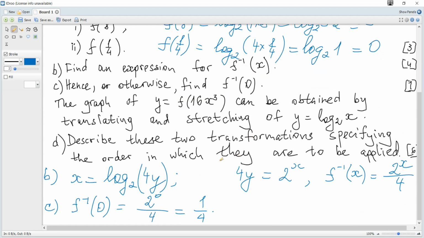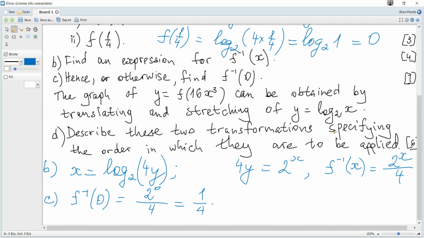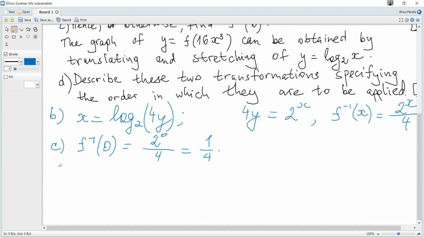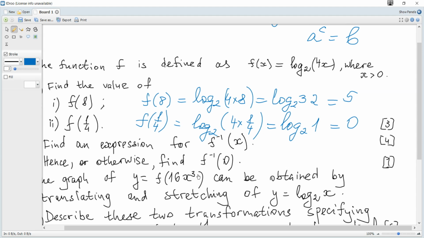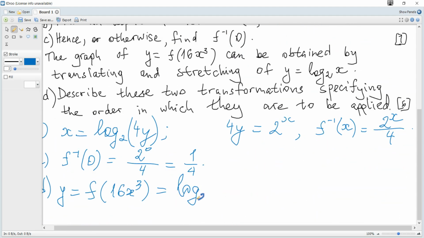And next, the graph of y is f of 16x cubed can be obtained by translating and stretching y is log to the base 2 of x. And question D, describe these two transformations, specifying the order in which they are to be applied. So we should consider f of 16x cubed, and substituting 16x cubed for x into f, we get that it becomes log to the base 2 of 4 times 16x cubed, which is log to the base 2 of 64x cubed, and